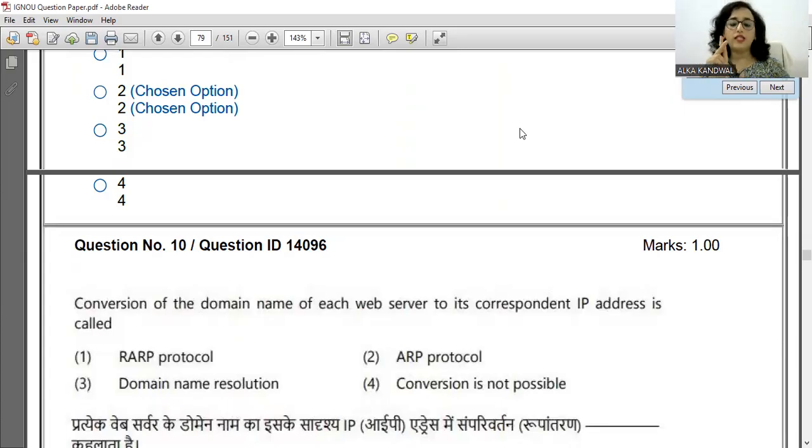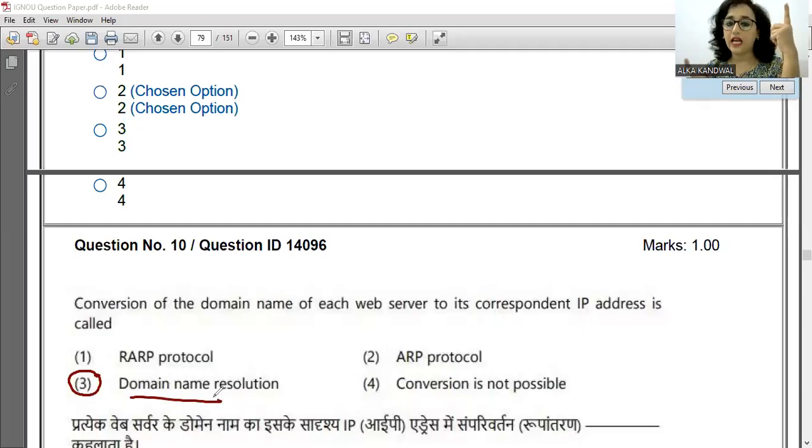Now whenever, दो चीज हमेशा आप याद रखना कि जो नंबर बेस्ड एड्रेसिंग सिस्टम होता है वो आईपी एड्रेस होता है और कैरेक्टर बेस्ड एड्रेसिंग सिस्टम होता है डोमेन नेम सिस्टम. अब अगर हम लोगों को सबका आईपी एड्रेस याद करना होता तो बहुत डिफिकल्ट होता किसी भी वेबसाइट को फाइंड आउट करना, सर्च करना. तो इसलिए हमारे पास डोमेन नेम है बिकॉज इट इज लाइक अ डायरेक्टरी. हमको जैसे किसी ऑर्गेनाइजेशन की वेबसाइट विजिट करनी है, we just write the name of that website and then there is some linking going on कि domain name is being linked to the IP address, and this thing which is being done internally, that is the domain name resolution. So the answer to this question will be domain name resolution.